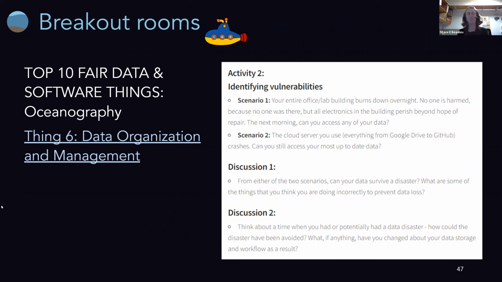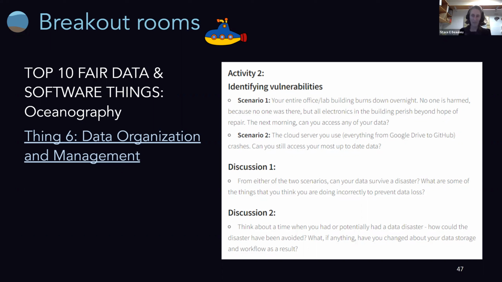vulnerabilities. So today for the breakout rooms, you actually have a choice. This particular activity that I'm highlighting first is really to talk about how we may be vulnerable and how we can solve this challenge of data storage and possible data loss.